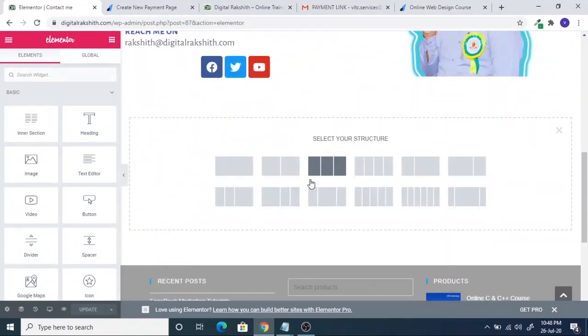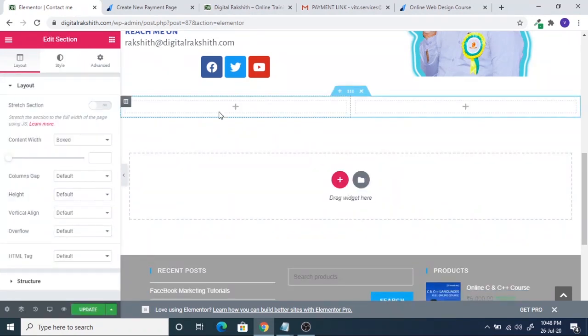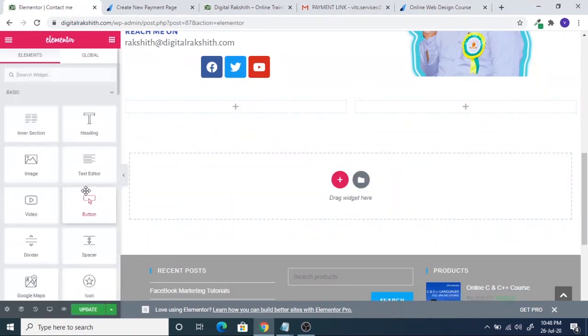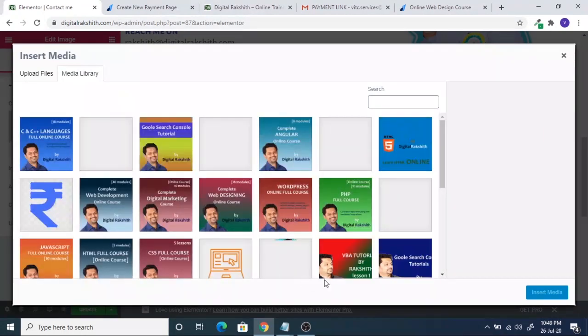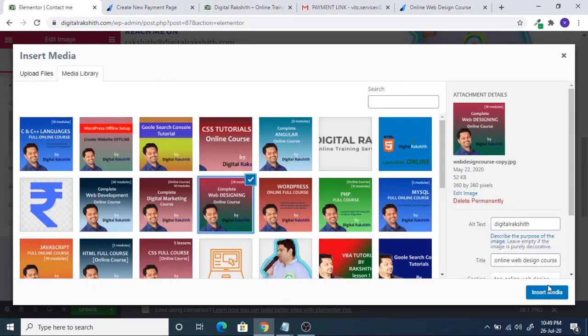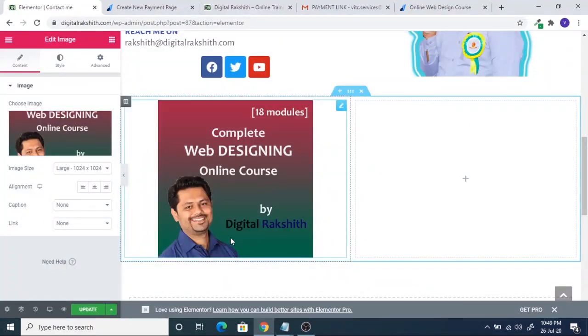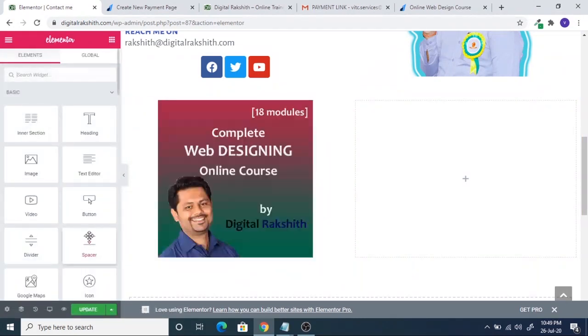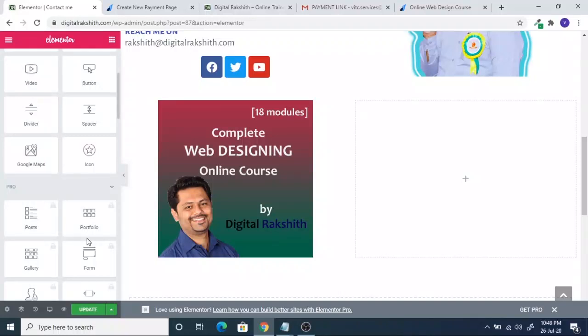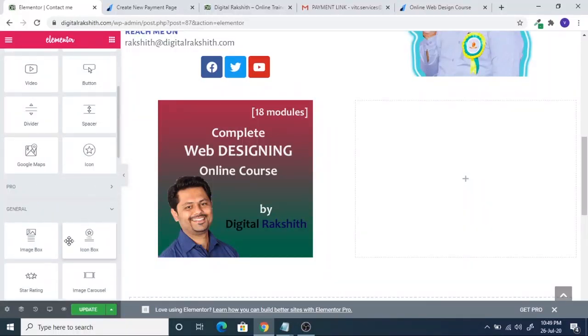So I'll take a new tab. I would take this tab, and here I'll just check out, insert some images, and in that image I'm going to put the same course here. That's a web designing course, and then I'll add that button. How to add that button? Just go for code snippet here,